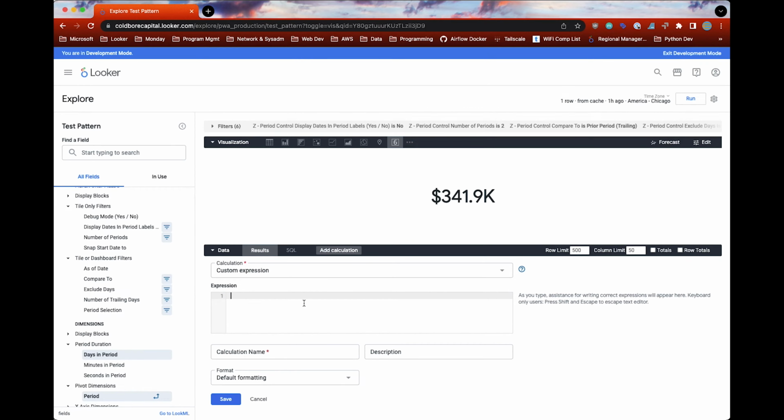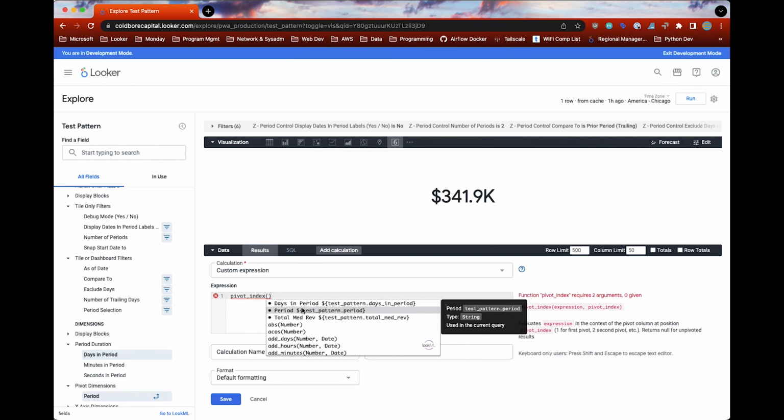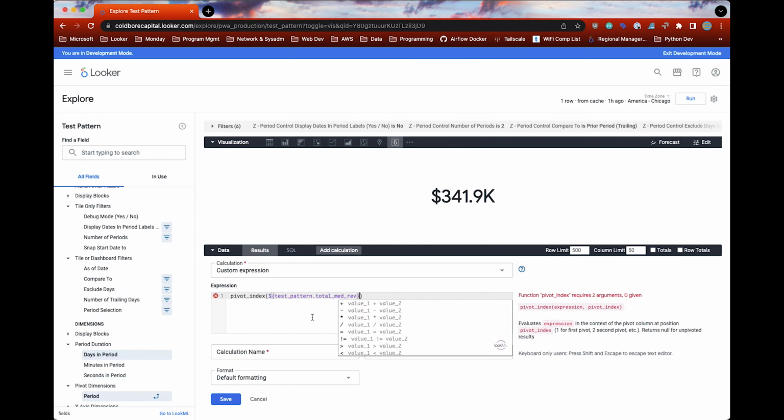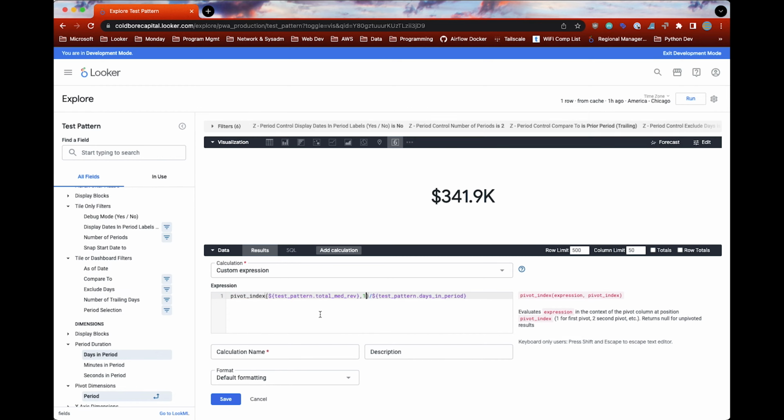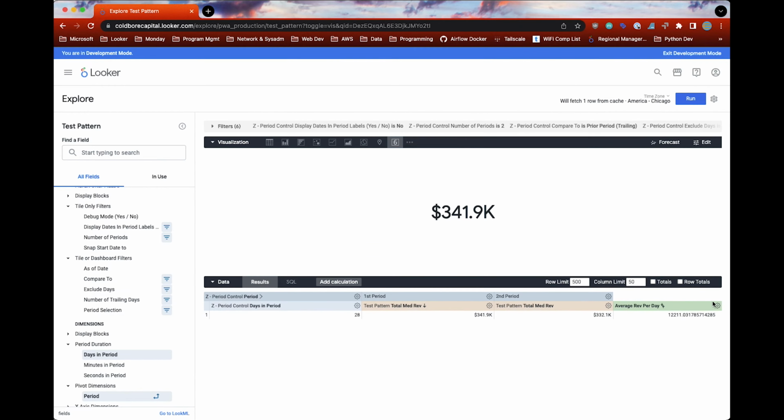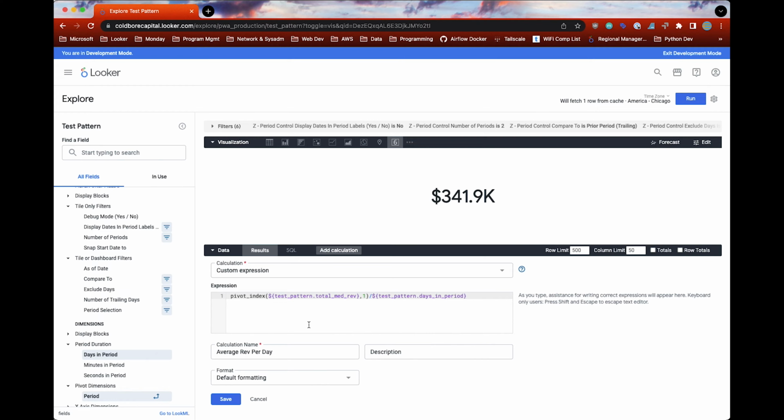Here I'll add a calculation, and let's just do pivot index. And so I'm going to divide the current period's pivot index by the total days in period, which is going to give me my average rev per day. The reason this is important, I'll save that real quick, is because with variable user selectable variable periods,